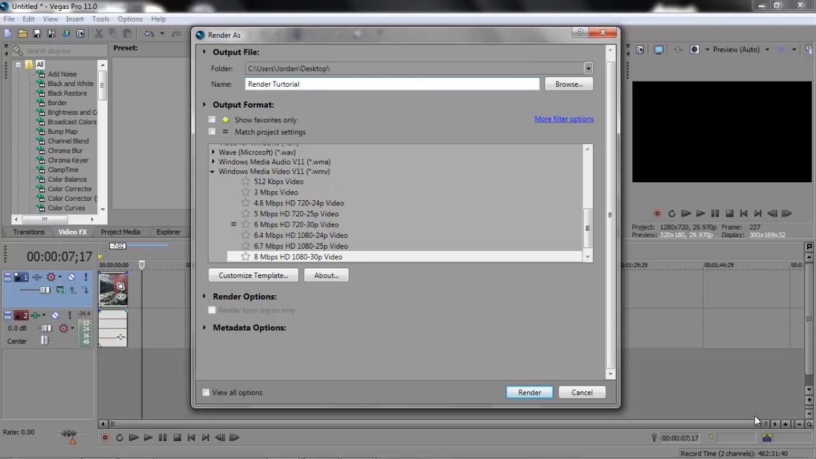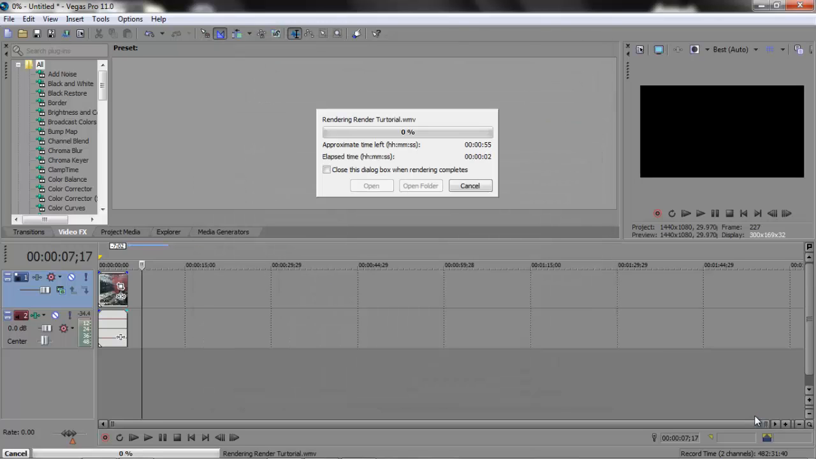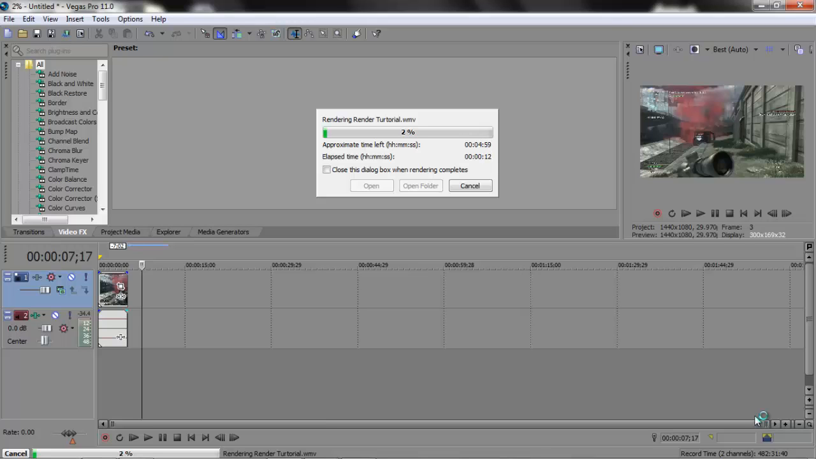and the setting that you want is 8 Mbps HD 1080-30p video, and you want it under WMV, so that's what it's going to render out as, render tutorial WMV. So yeah, and then you just press render, and then this will show up, and that just tells you how much percent you are rendering, and this is gonna go relatively fast,